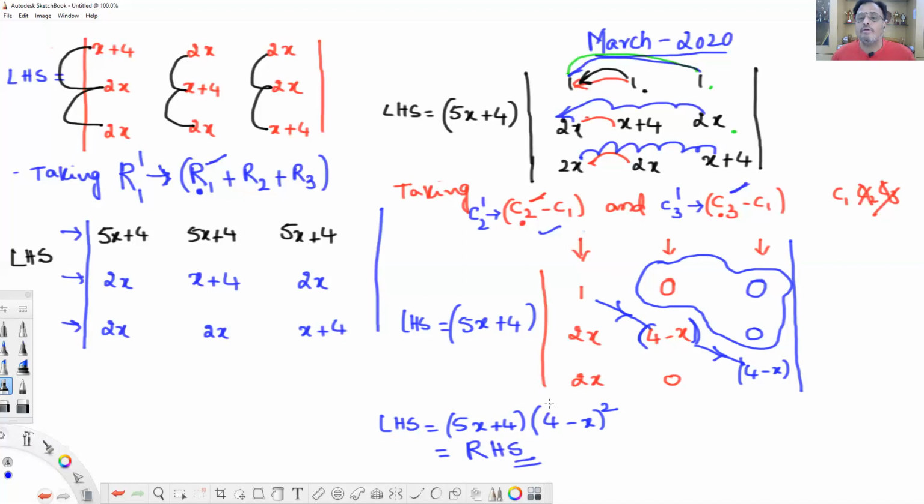So this is the way you have to learn. The operations are very simple. In March 2020, our last exam, this question was asked for 4 marks. See, it's like a game. Really, you never get tense solving this problem. The only thing is, the basic fundamental operations you must know well. When you are dealing with a row, your hand should go horizontally. When you are dealing with a column, your hand should move vertically.